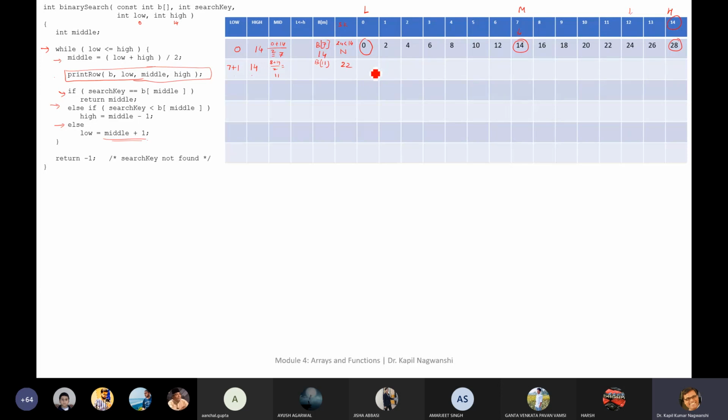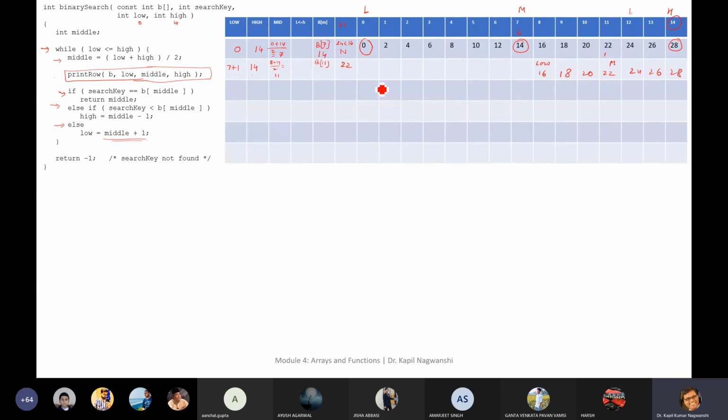Now in this particular step, 11 is our middle, which is 22, and low is 8. This is our low. And then 16, 18, 20, 24, 26, and 28.